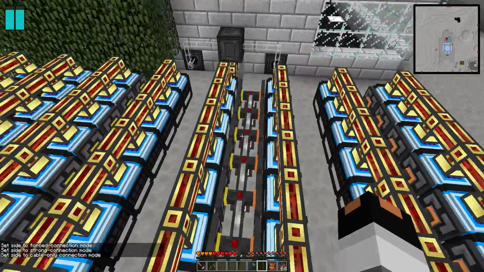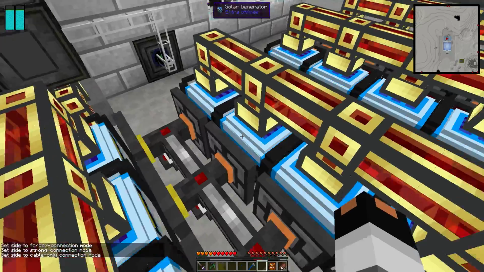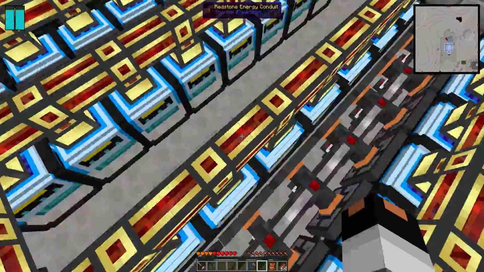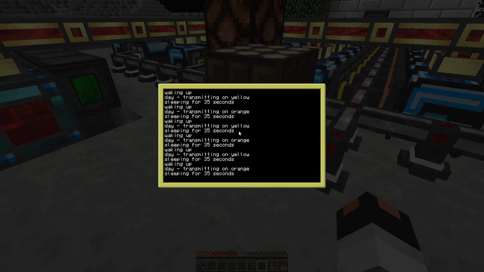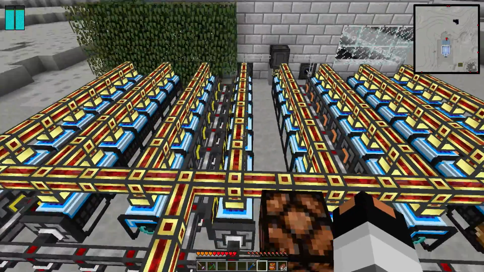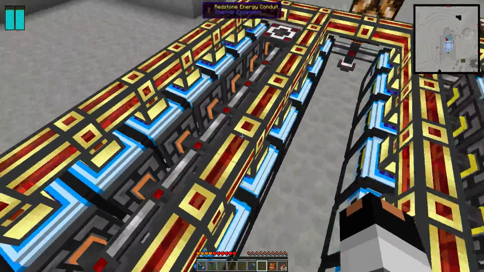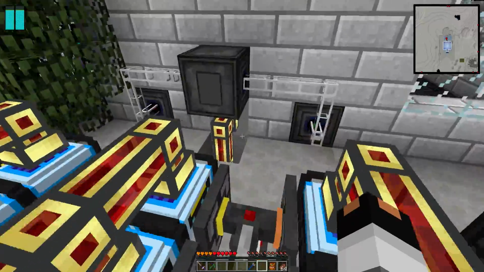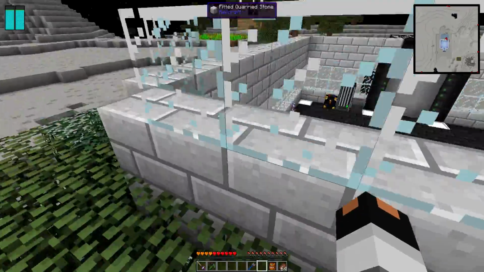is it allows me to color code, run one cable, and color code the edges that are touching. See, these are yellow, and these are orange. And then I can just control it from the computer. See, transmitting on yellow, transmitting on orange. So it's basically the same exact concept as before, but instead we are using the rednet cabling instead of redstone. Very simple, very easy. So what we are going to do today is we are going to use a player